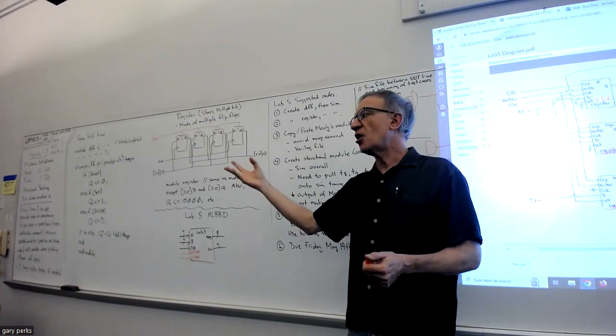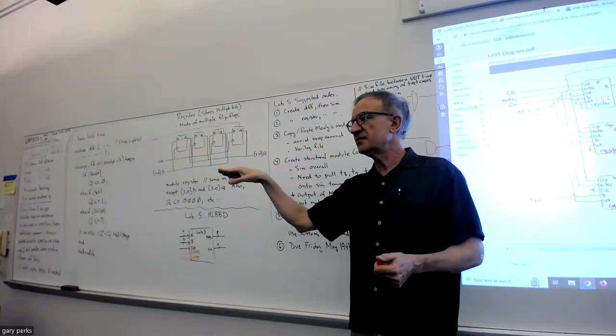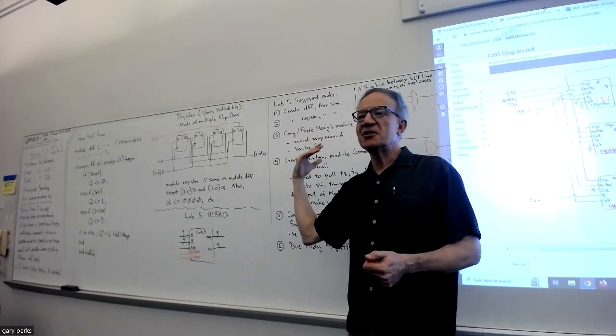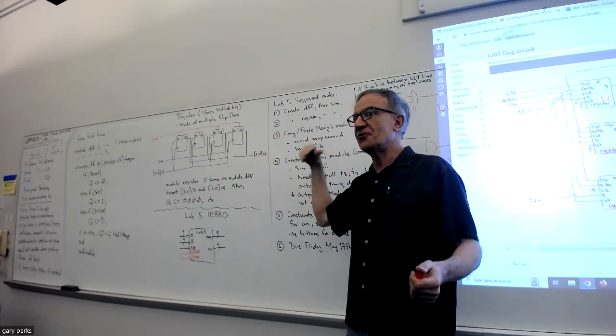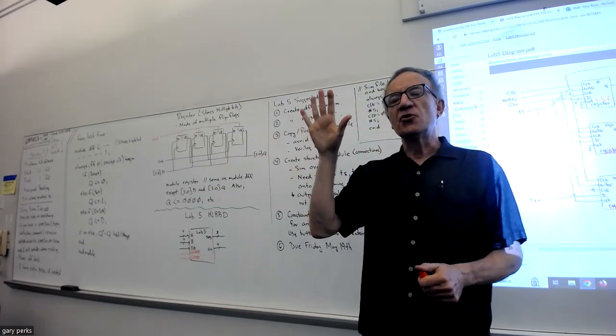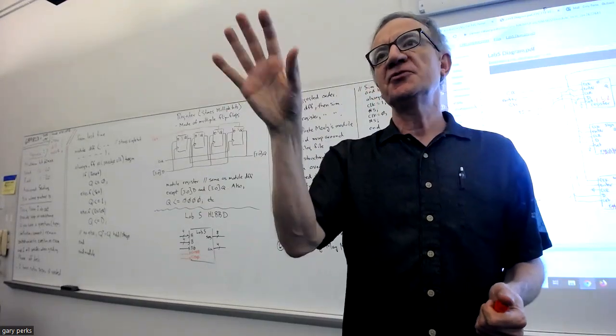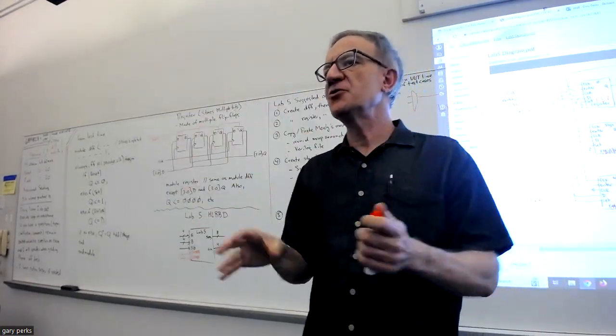Well, if you were to light up all the displays with that same data going into your decoder, all four 7-segment displays would just show 4. You'd see 4, 4, 4, 4. Okay. In order to show different digits on those four 7-segment displays, you have to do it with what's called